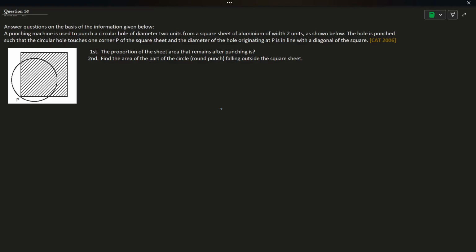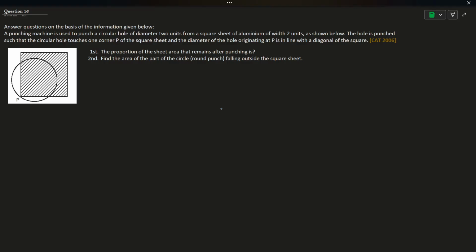A punching machine is used to punch a circular hole of diameter 2 units from a square sheet of aluminum of width 2 units. So basically we have, let's say, a square whose sides are of length 2 units. Then we are using a punching hole to punch a hole in the square sheet, and the hole is punched